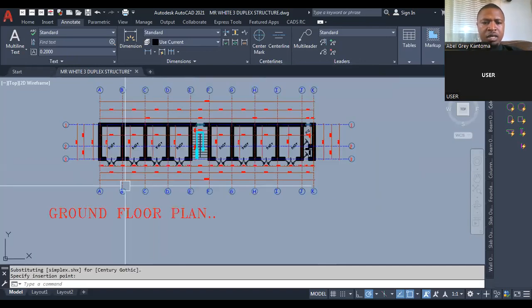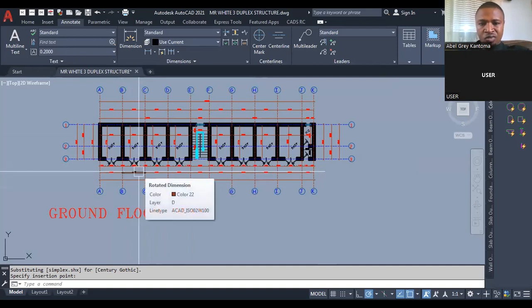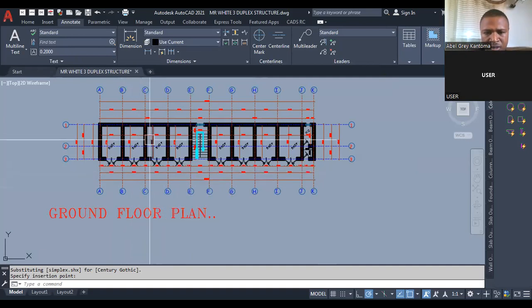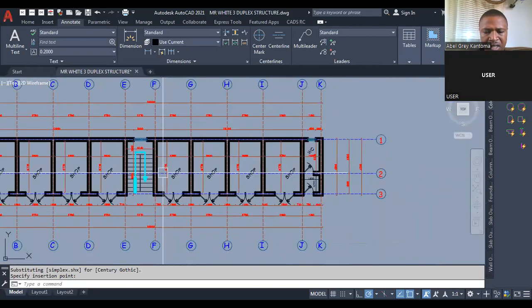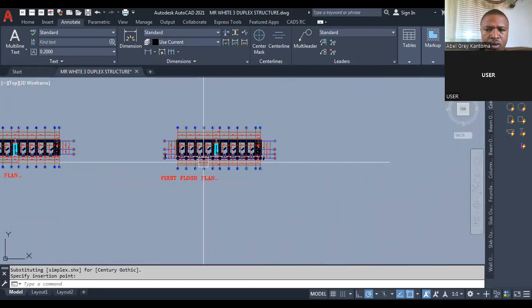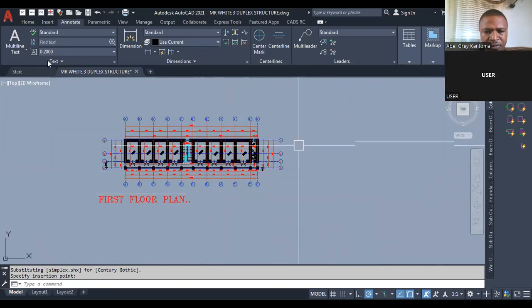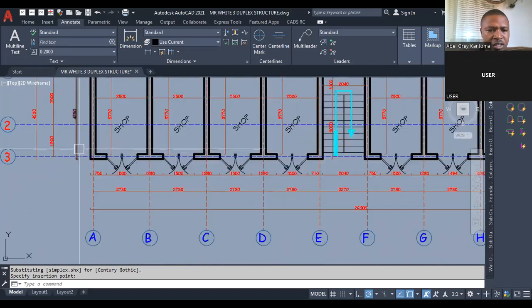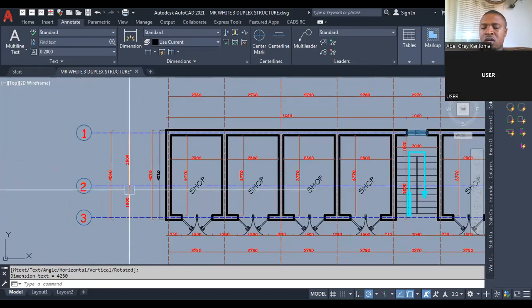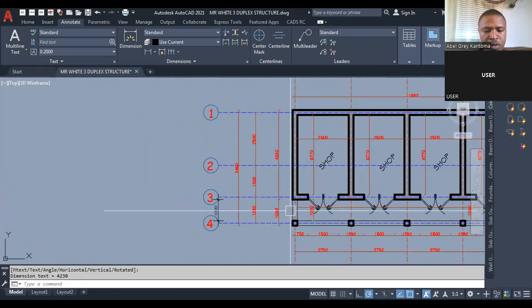Now, this is an architectural drawing given to you by an architect, for example. You can see these are actually shops. We have a staircase here. This is the ground floor. This is the first floor. Okay. Now, if you measure this, but sometimes it's good you ask the architect to give you the